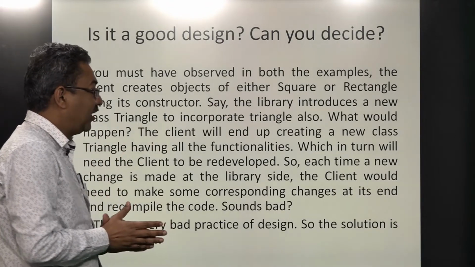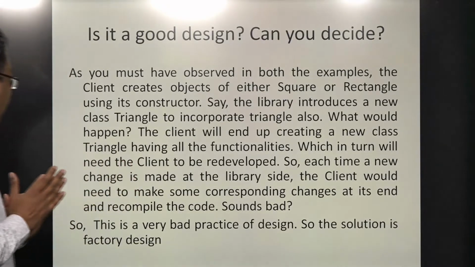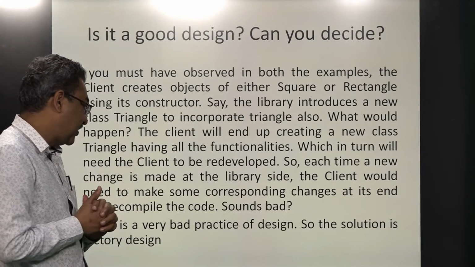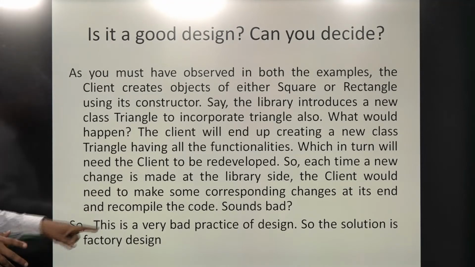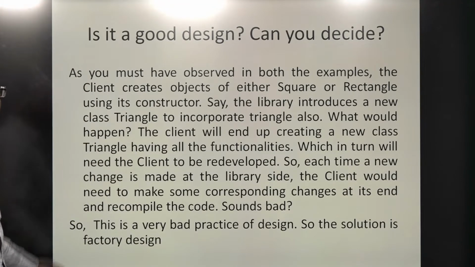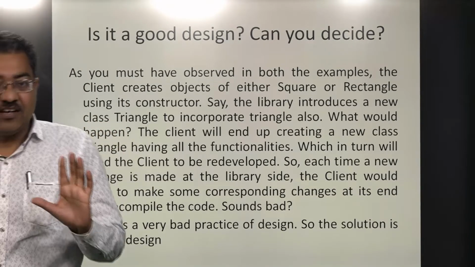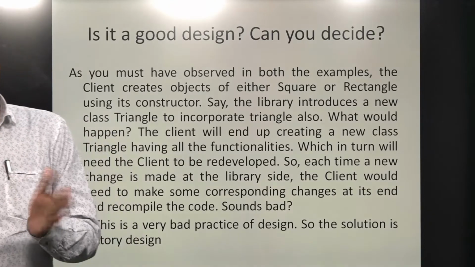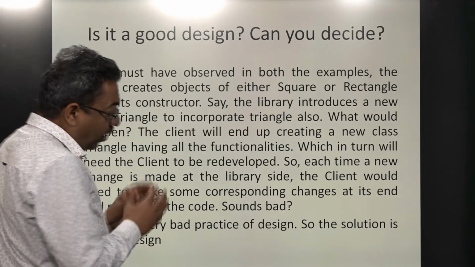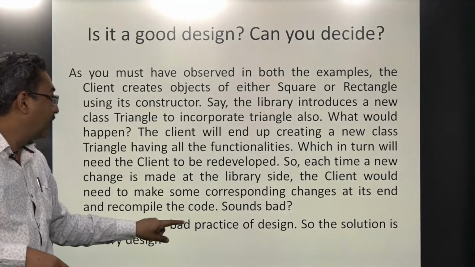this to the main. That means जो main है उसको उसका कंस्ट्रक्टर पता होना चाहिए, ठीक है। बिना उसको पता किए वो काम नहीं कर सकता जब तक उसे कंस्ट्रक्टर्स नहीं पता, right. That's why we say it's a very bad practice of design. So the solution is factory design, ठीक है जी। I think this is clear कि अगर हम फैक्ट्री डिजाइन नहीं करते तो हमारे पास क्या प्रॉब्लम है। हम क्लासेस बनाते हैं लेकिन उनके कंस्ट्रक्टर जहां पे भी हमें main बनाना है तो हमें क्या करना पड़ेगा, उसको यूज करना पड़ेगा, उसको एक्सपोज करवाना पड़ेगा, ठीक है।